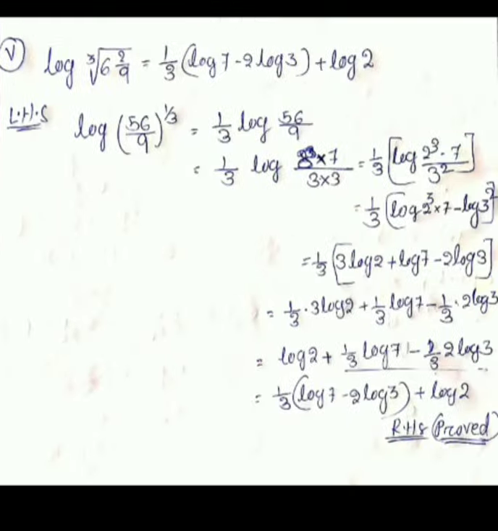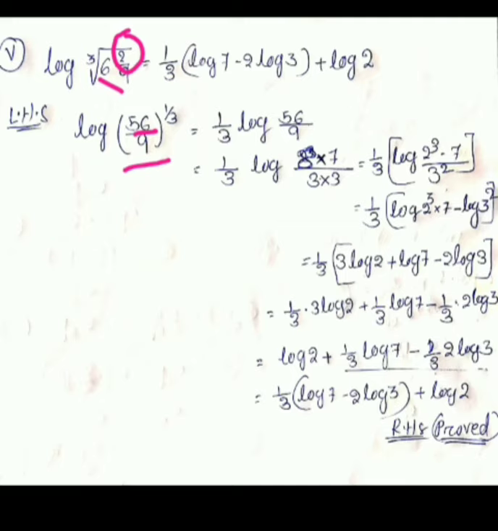Okay, now just see number 5. Log of cube root of 3 root of 6 whole 2 by 3 equal to 1 by 3 whole of log of 7 minus 2 log 3 plus log of 2. Okay, so students, you know how to convert the mixed fraction into fraction. Okay, so 6 nines are 54, 54 plus 2, it is 56, 56 by 9, and